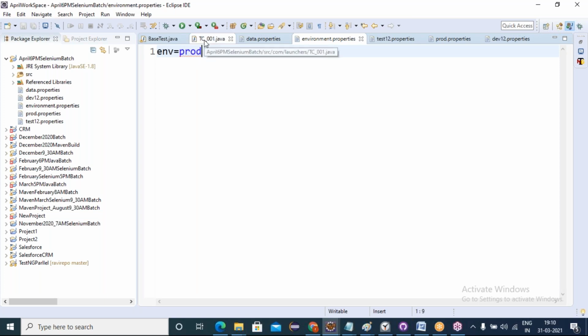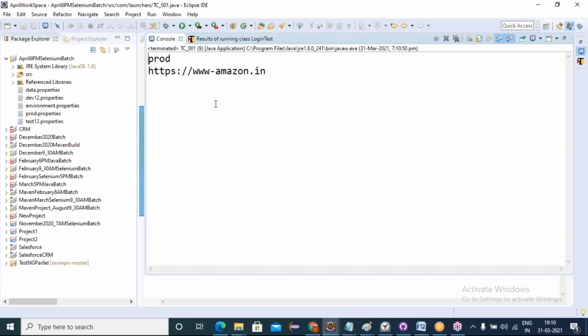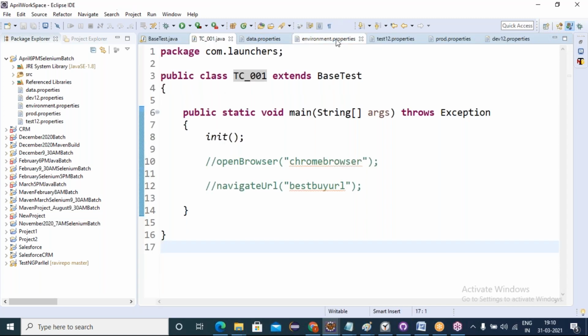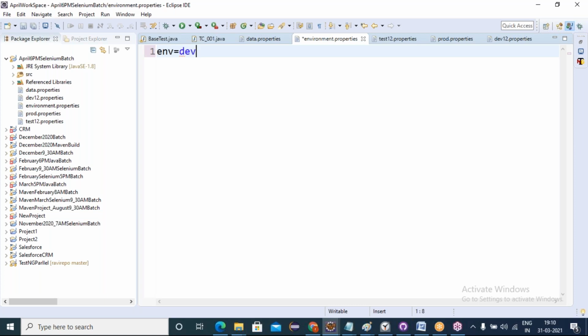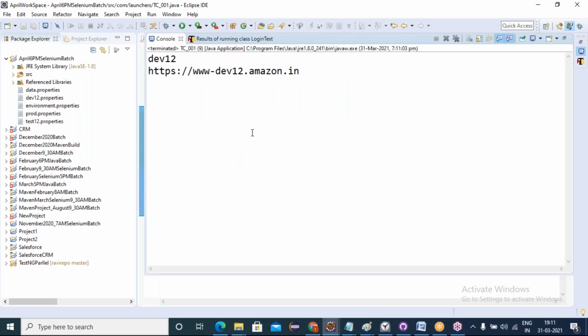The corresponding file is loaded and gives the production URL. Getting or not? If I change to dev12, now the dev12 Amazon URL is going to be launched. Understood? Everyone clear? Yes.